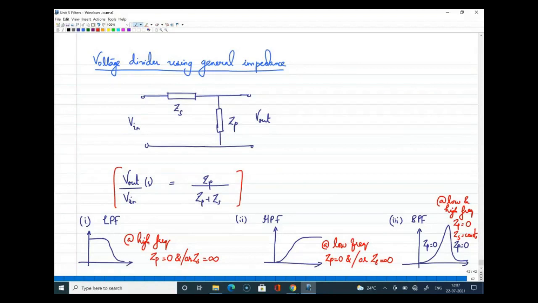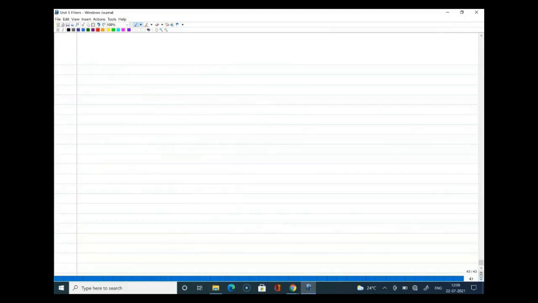So we have the general impedance based on a voltage divider, what we have seen for the first order filters. But in first order filters, we have just used a resistor and a capacitor, or we interchanged them. Now the transfer function should give you a 0 at high frequency for a low pass filter. Again, the transfer function should be equal to 0 at low frequency for a high pass filter, and 0 both at low and high frequency for a band pass filter. So maybe you will get more clarity when we start with examples. Let me start with the low pass filter first.